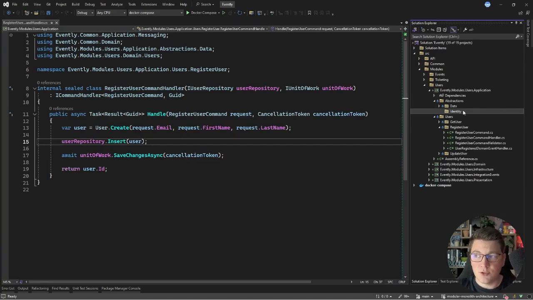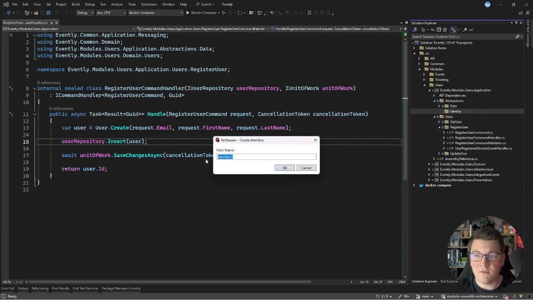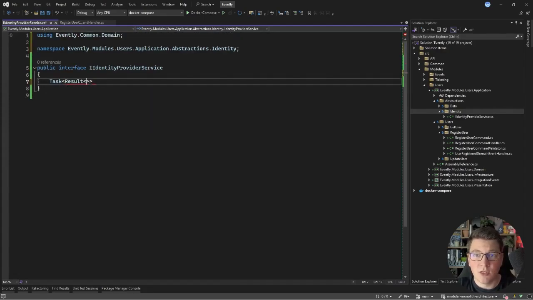I'm choosing to use generic naming so that we aren't bound to any implementation details, such as the fact that we are using Keycloak. Now let me define an interface inside that I will call the IIdentityProvider service. What I want to achieve with this service is to send a post request to the respective endpoint on the Keycloak API and try to register a user. So because this can fail, I'm going to use a result object to express the fact that this can either succeed or fail, and we're going to return a string representing the identifier of the newly registered user in the